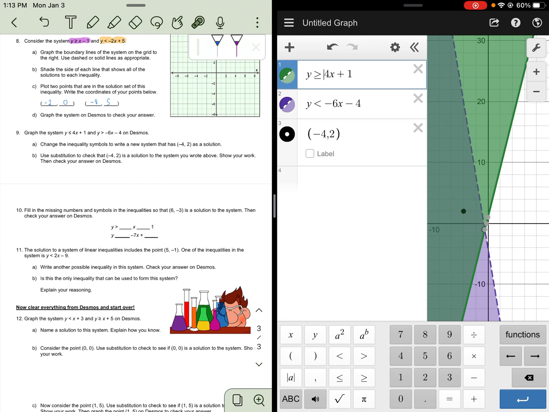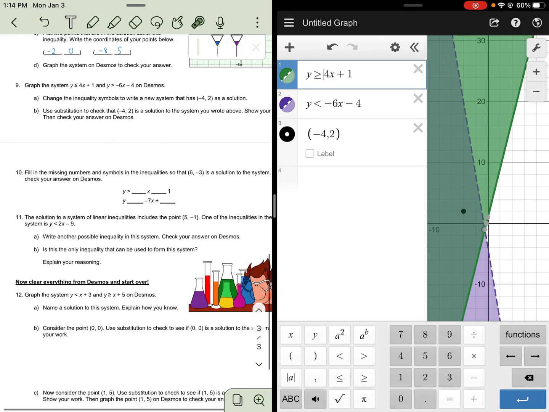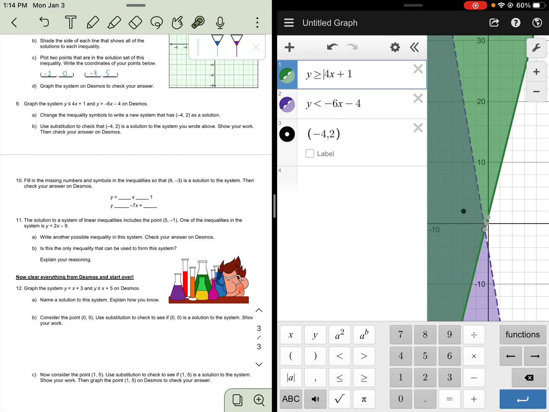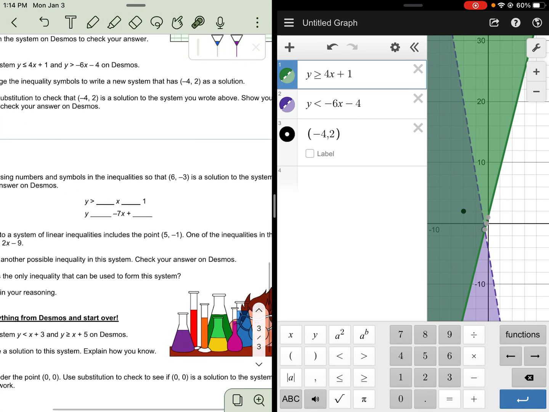Number 10, fill in the missing numbers and symbols in the inequality so that (6, -3) is the solution to the system. Then check your answer in Desmos. So there's going to be all sorts of things you can do here. So we have y is greater than, let's just say negative 5x